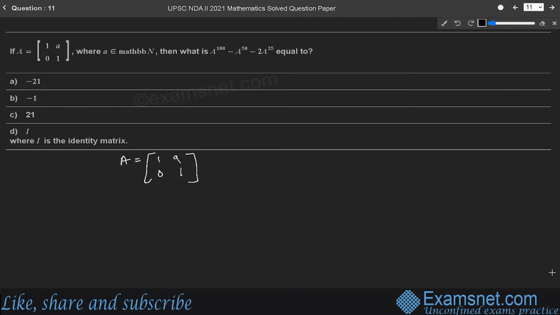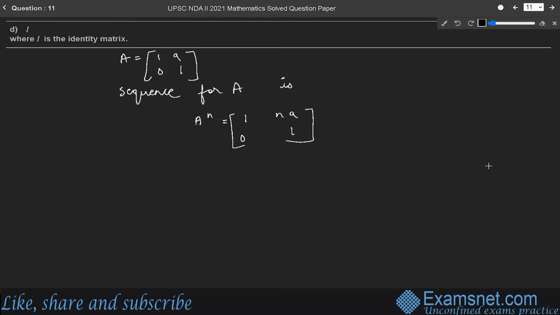Since the matrix is given and a belongs to n, the sequence for the given matrix A will be a to the power n equal to [1, na; 0, 1]. This is the sequence for the given matrix A. Therefore, we can say that a to the power 100 minus a to the power 50 minus 2 into a to the power 25 will be equal to [1, 100a; 0, 1]